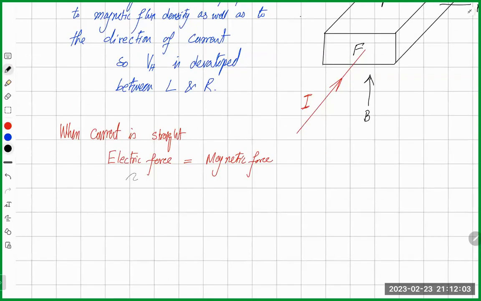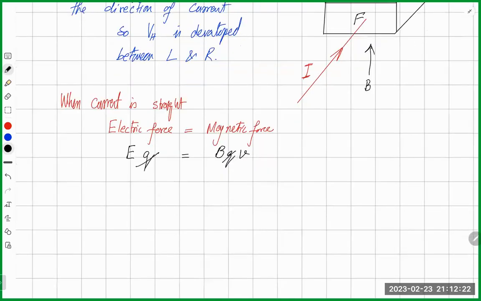Electric force is EQ, magnetic force is BQv. So we can clearly see the Q becomes irrelevant, and we have E equals to Bv,